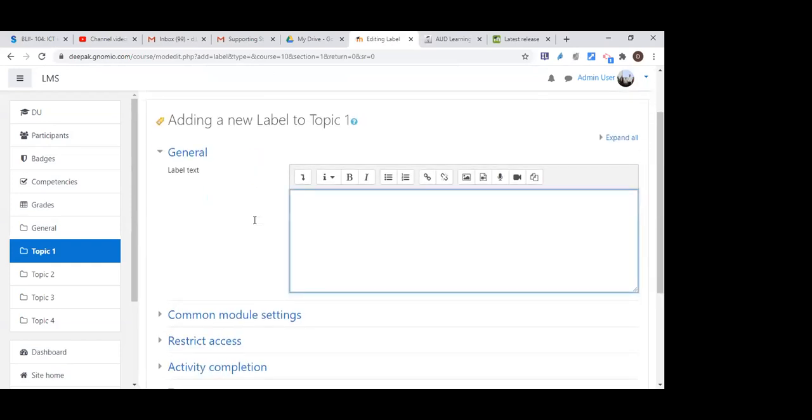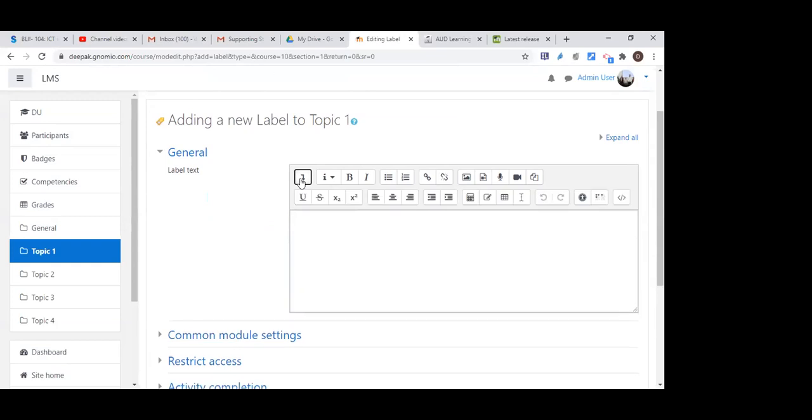So in the label, here is the label text. Wherever you find this toolbar in Moodle, just expand this toolbar. The first option here is the show/hide advanced button. You can use the toggle key to open this advanced button, right? And then the last option here is HTML. Now I'm going to copy the embedded code which I copied from the YouTube video.